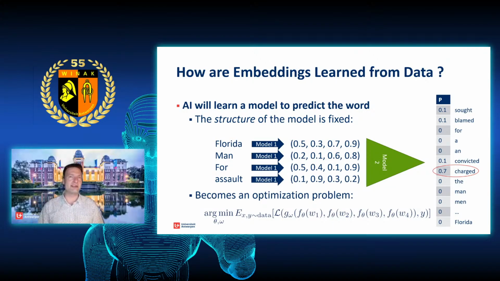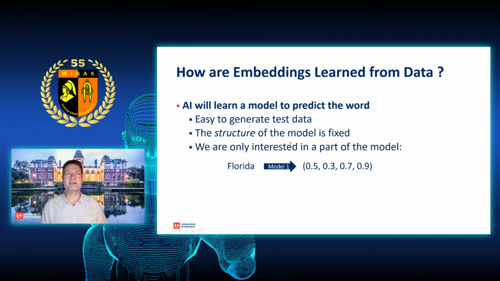So now we have made an AI that is very fun to play with, because we can give it some words, and it can do some kind of autocomplete, or maybe find some spell corrections if there is a misspelled word, by taking the context words and seeing if the word in the middle has a high probability. But that is not the task we initially wanted. What we wanted to do was make this adapter. But if you have a look at it, that's actually what is happening here.